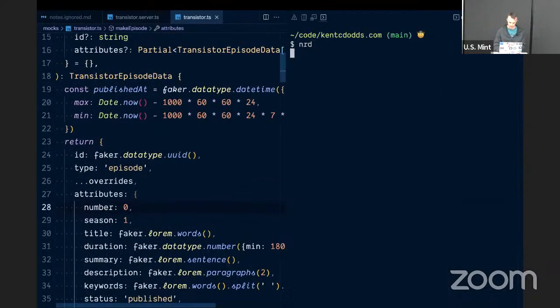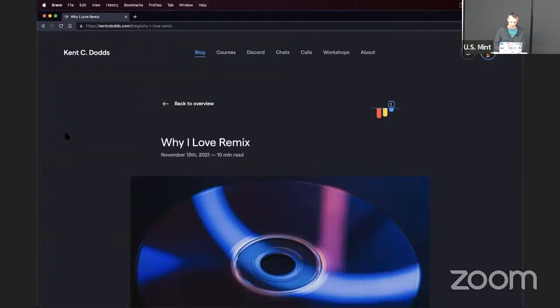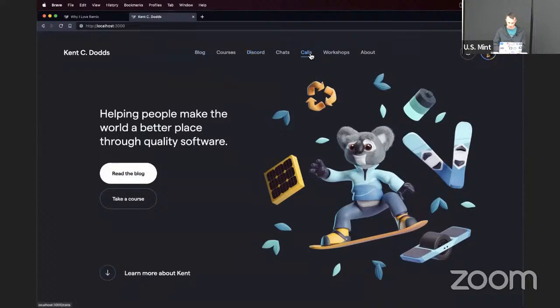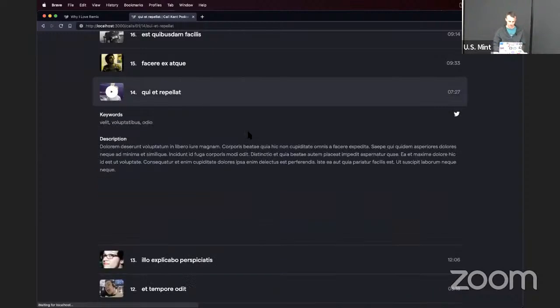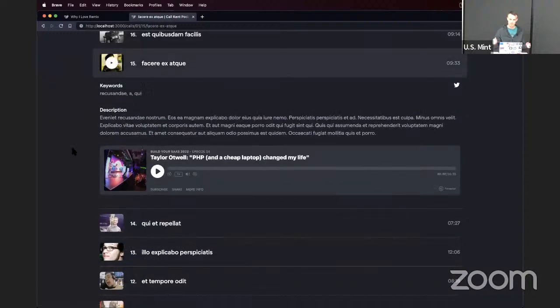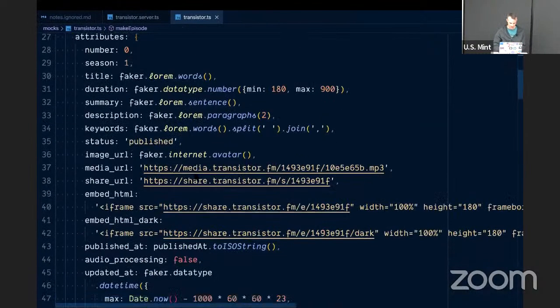And so I can show you what it is locally because this is all cached. Even though I'm not actually offline, it's still using my local cache because maybe I'm working with a new API or doing something special locally. So everything works locally just as well. If I go to the Call Kent podcast, then down here you're going to see all of these with random stuff generated for each one. Look at that, animated route transitions. That's pretty cool. Yeah, so all that stuff is in there. And hi, Taylor. I'm not sure why I picked that one as my default embed, but that's what it is.